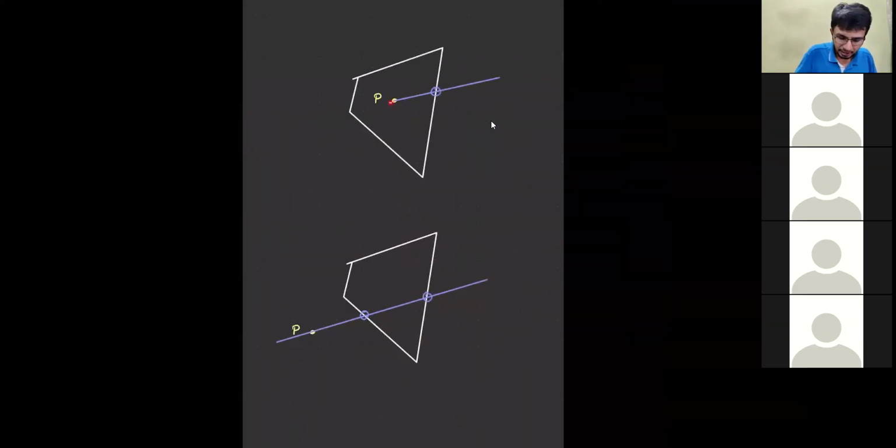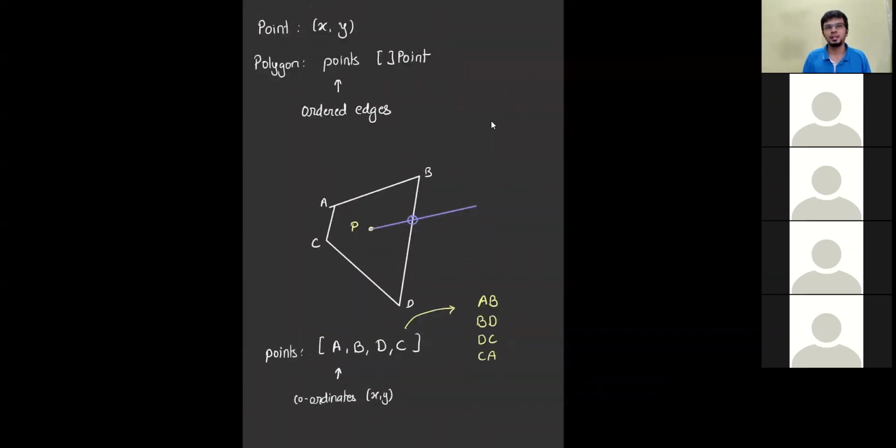So if I start a ray from point P moving towards the right, and it intersects the polygon at this one point, since that is odd, point P lies within the polygon. If point P is here and I create a ray, it intersects the polygon at two points, so point P is outside. No matter how many times you try, this always holds true. So the odd and even rule applies here. This is not something unused; this is what's used to efficiently find out if a point lies within a polygon. It's quite good.